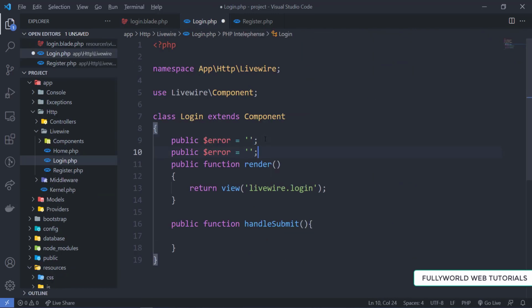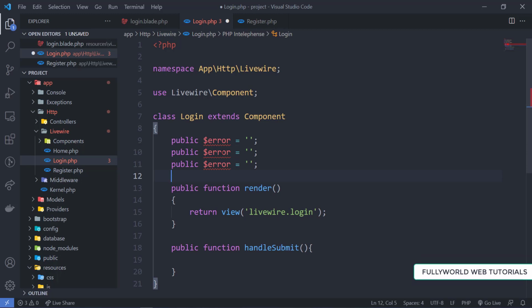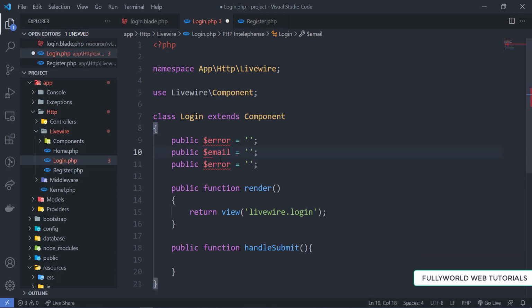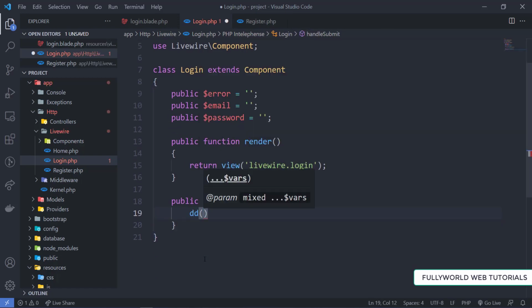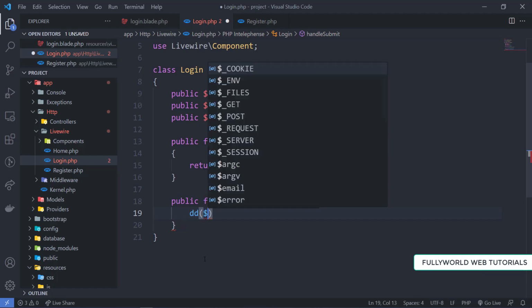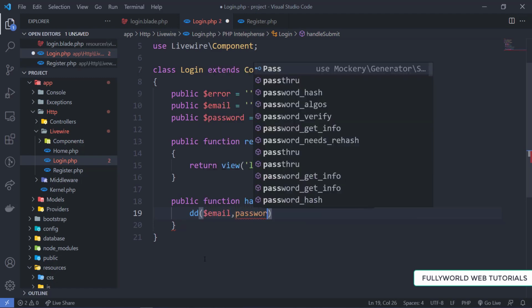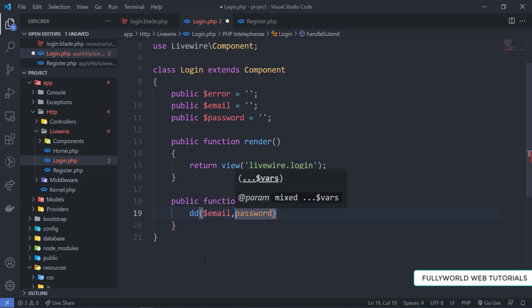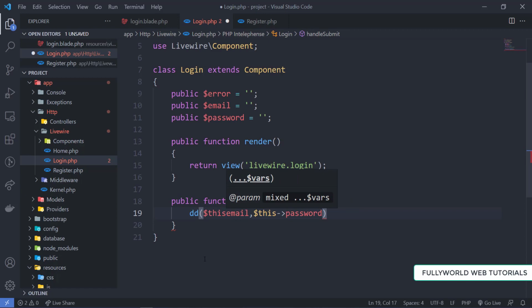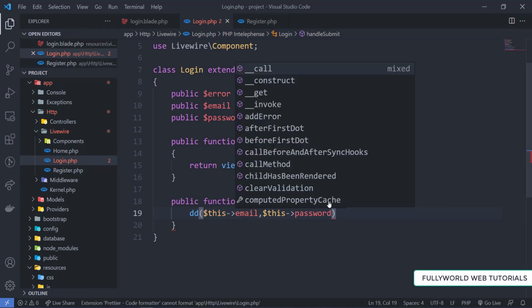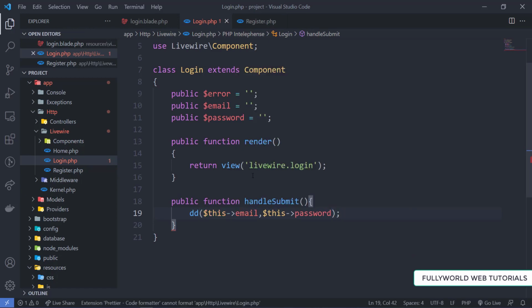So now let's define these two variables, first email and then password. And when we are handling the submit, let's dump this $email and password. So it should be $this->email, as we are in the class here, and here we are writing $this->password.